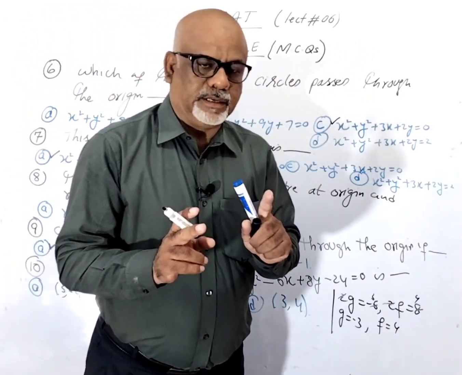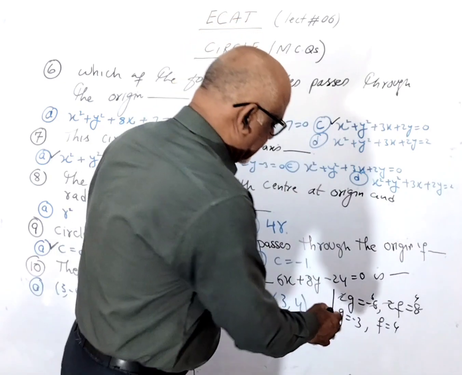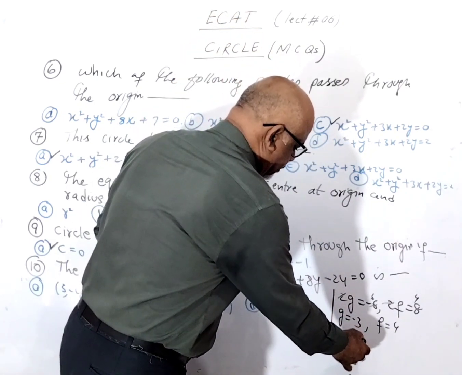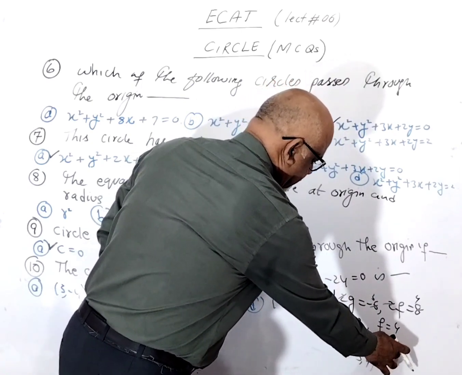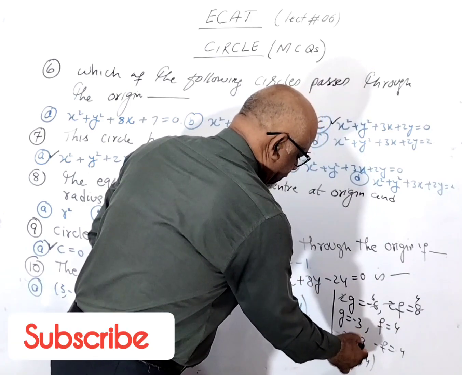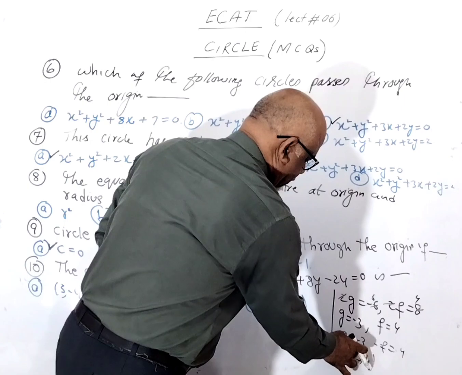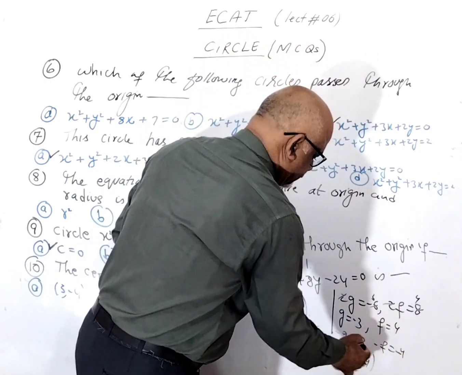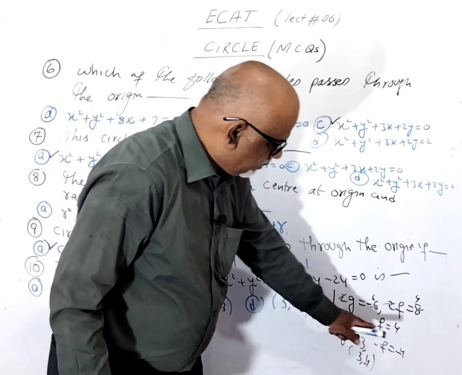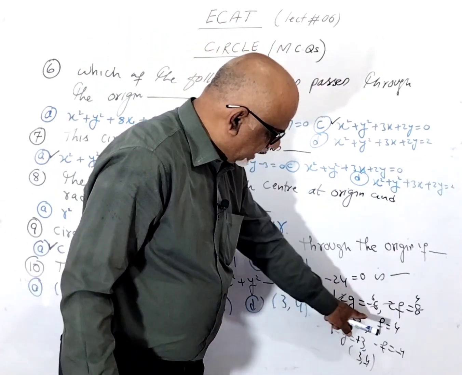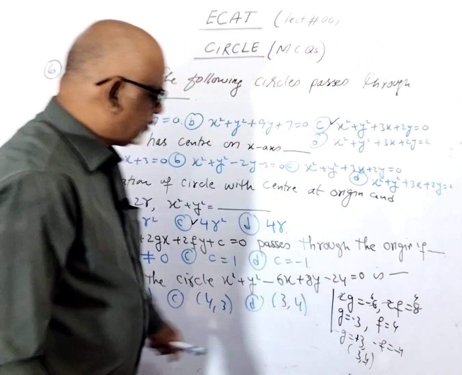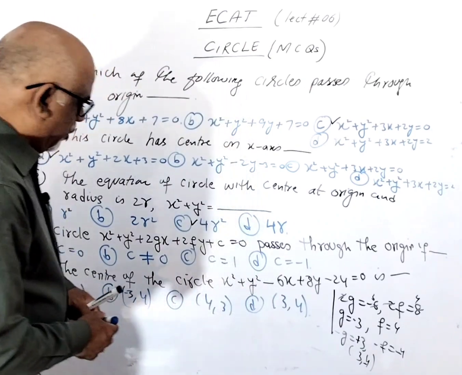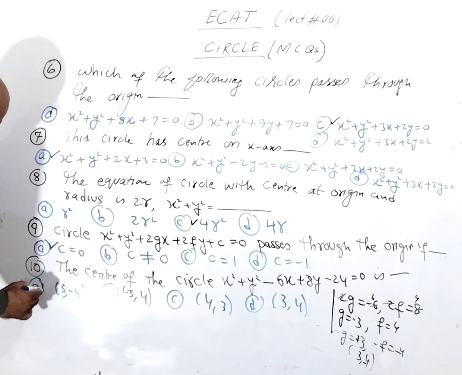g and f is not the center of the standard equation. Minus g and minus f is the center, so we have to multiply with the minus on both sides. So this will be minus 4 and this is minus 3, and minus minus becomes plus 3, and this is minus 4. Because minus g and minus f is the center, so we have to multiply with the negative sign on both sides. So this negative 3 becomes positive 3 and this positive 4 becomes minus 4. That means 3 comma minus 4 is the correct option for the 10th MCQ here.